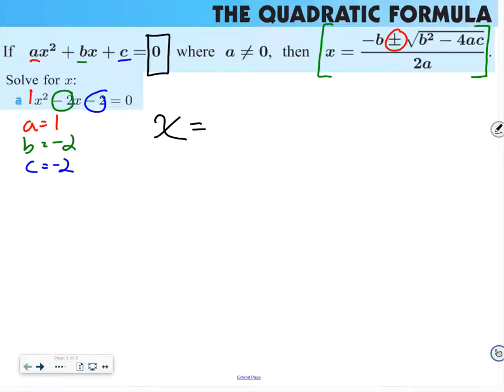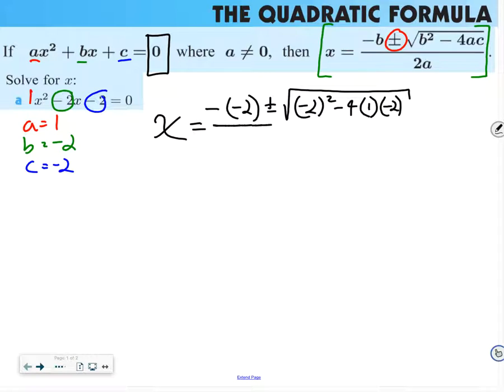So I have x is equal to negative. And I always use parentheses with my negatives to make sure I preserve that negative. So I have negative b, which is negative 2, plus or minus the square root of negative 2 squared minus 4 times a, which is 1, times c, which is negative 2, all over